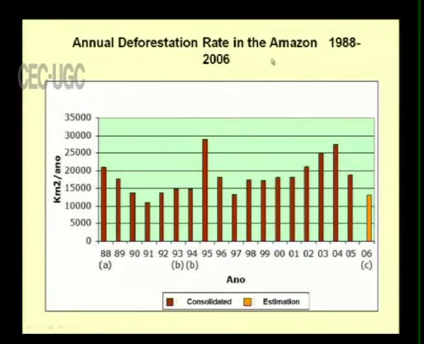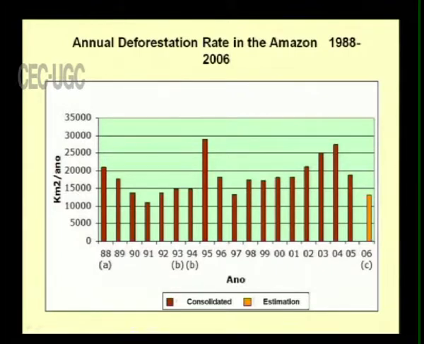Now, the annual deforestation rate in the Amazon from 1988 to 2006 is around 20,000 square kilometers. In 1988 it was at this level, and gradually it came down by 1991. Then the deforestation rates increased again and reached a peak in 1995, and again started decreasing. So you can see there is a cyclic motion, increasing and decreasing. The red portion is consolidated and the yellow portion is estimated, because the graph was